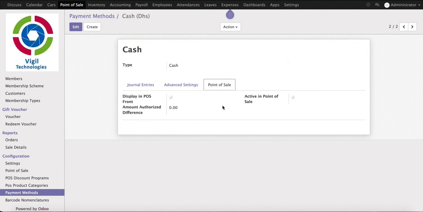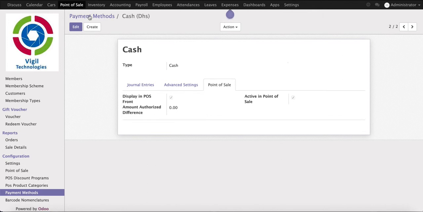Maybe there is an issue of some change management, or if some petty cash total are not verified with the total collected amount in the system and total checkout amount from the cash box. So we can have these limitations we can configure here. Amount authorization difference, we can say 10 dirhams here, then it will allow 10 dirhams difference.